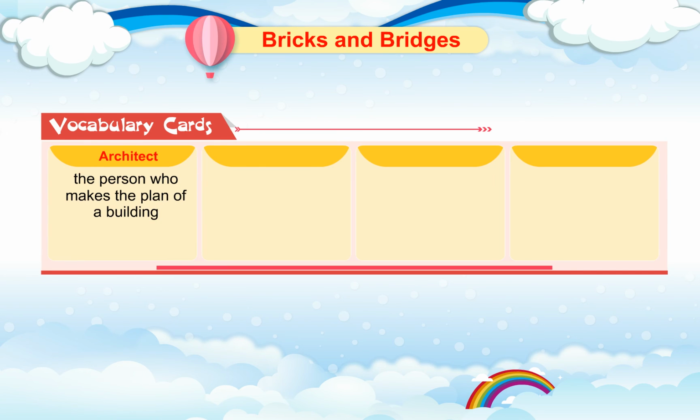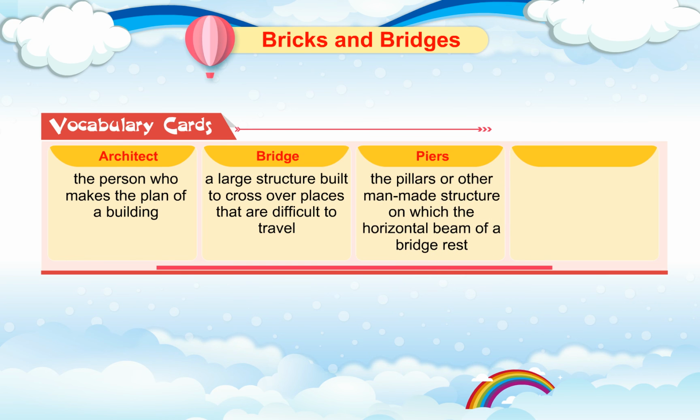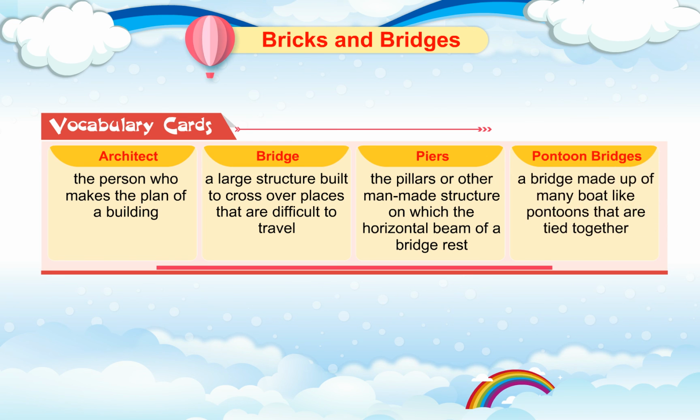Vocabulary cards. Architect, the person who makes the plan of a building. Bridge, a large structure built to cross over places that are difficult to travel. Piers, the pillars or other man-made structure on which the horizontal beam of a bridge rests. Pontoon bridges, a bridge made up of many boat-like pontoons that are tied